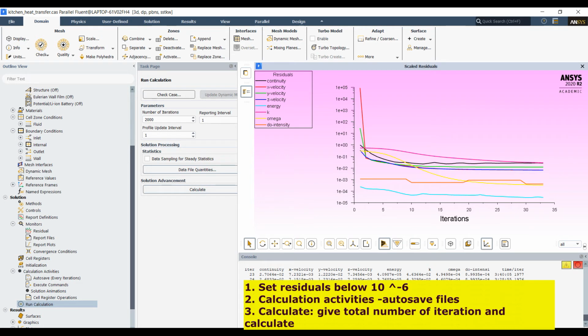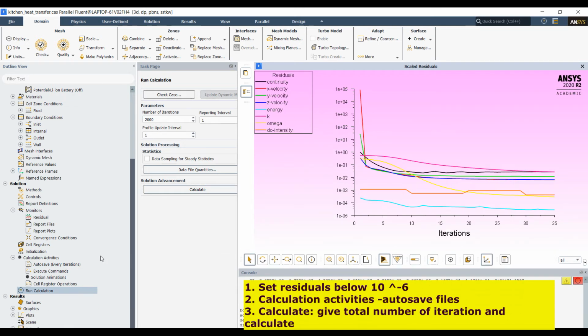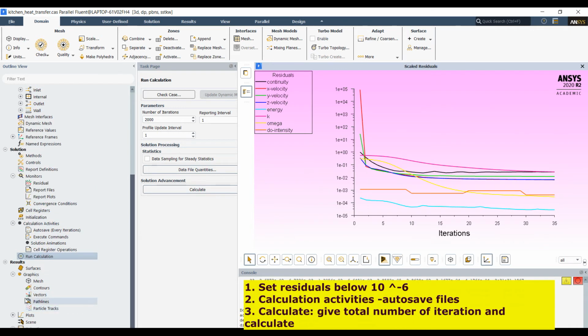Then we can also stop. Then go to graphics.